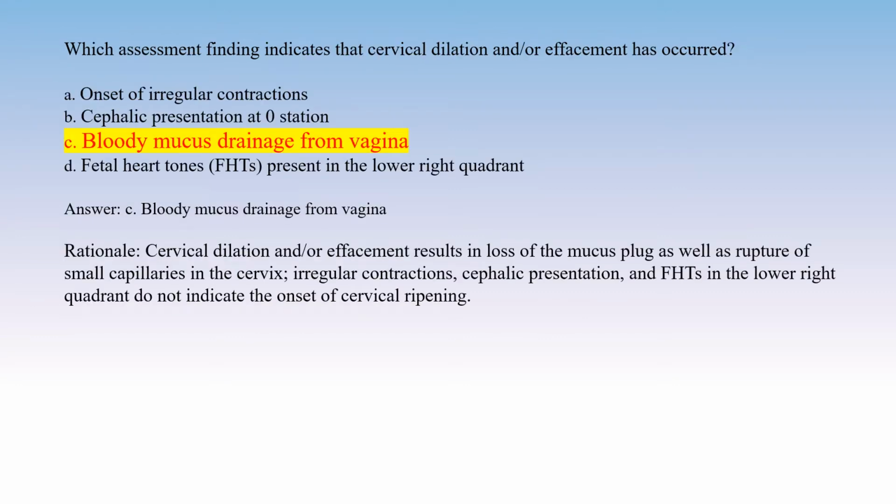Answer: C. Bloody mucus drainage from vagina. Rationale: cervical dilation and/or effacement results in loss of the mucus plug as well as rupture of small capillaries in the cervix. Irregular contractions, cephalic presentation, and FHTs in the lower right quadrant do not indicate the onset of cervical